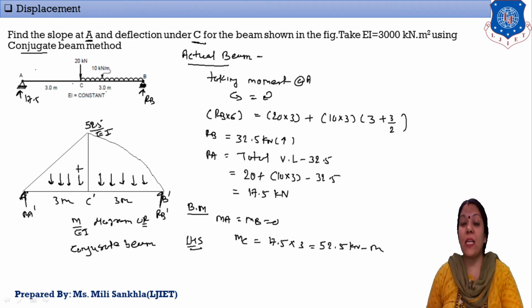Now next we find out, okay guys, please read the slope at A. Normally we practice taking moment about A and finding this RB, and then from the total load minus this RB we find out RA. But if we take moment about B, then in that condition we directly find out RA dash, and this RA dash is the slope of the actual beam, theta A. If you are comfortable taking moment about A, we here deduct one step. It is good if we take moment about B.